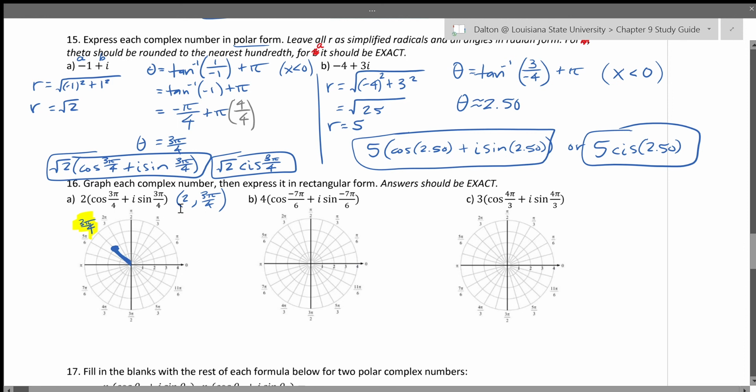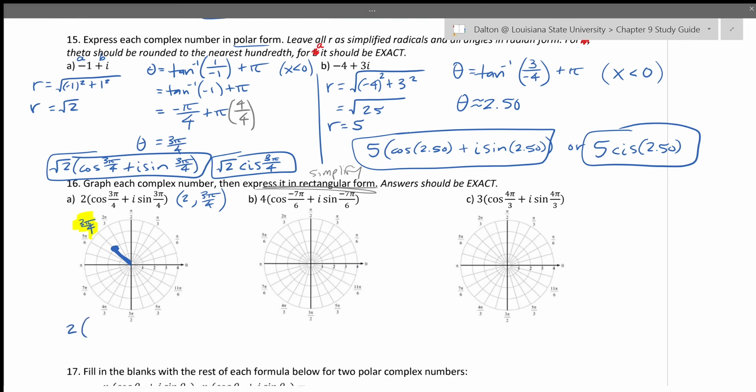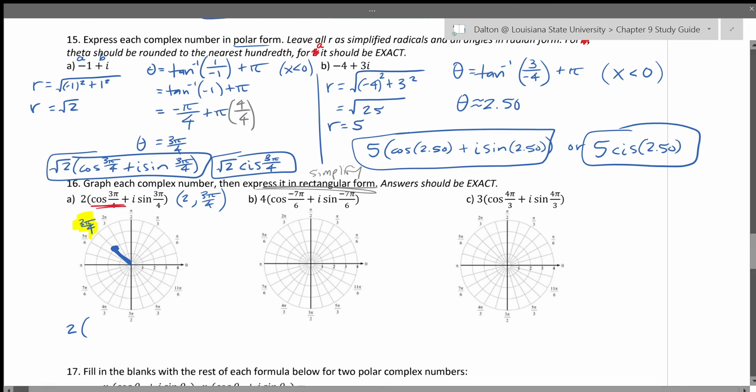When you convert this to rectangular form, essentially all you're doing is simplifying using the unit circle. So I just want to know what those numbers are. So this will be 2 times, using my unit circle, the cosine of 3 pi over 4, which is the x value at 3 pi over 4, which is going to be negative square root of 2 over 2, plus i times the sine of 3 pi over 4, which is going to be positive square root of 2 over 2. And then you're going to distribute this 2